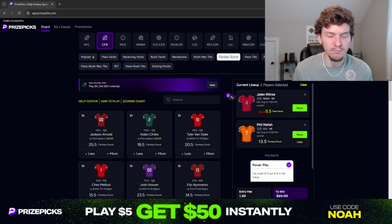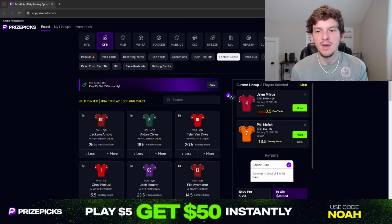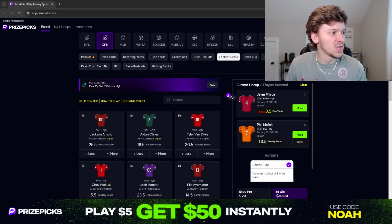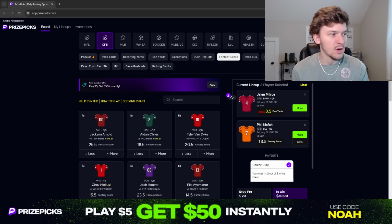I don't think there's many guys you worry about taking away touches here for Phil Maffa, so I'm expecting a big-time workload for him. And if you look at the 2 games he played last season without Will Shipley, Will Shipley got injured in the NC State game, and if you look at what Maffa did in that game after Shipley got injured, he had 16 carries for 84 yards, 2 rushing touchdowns,